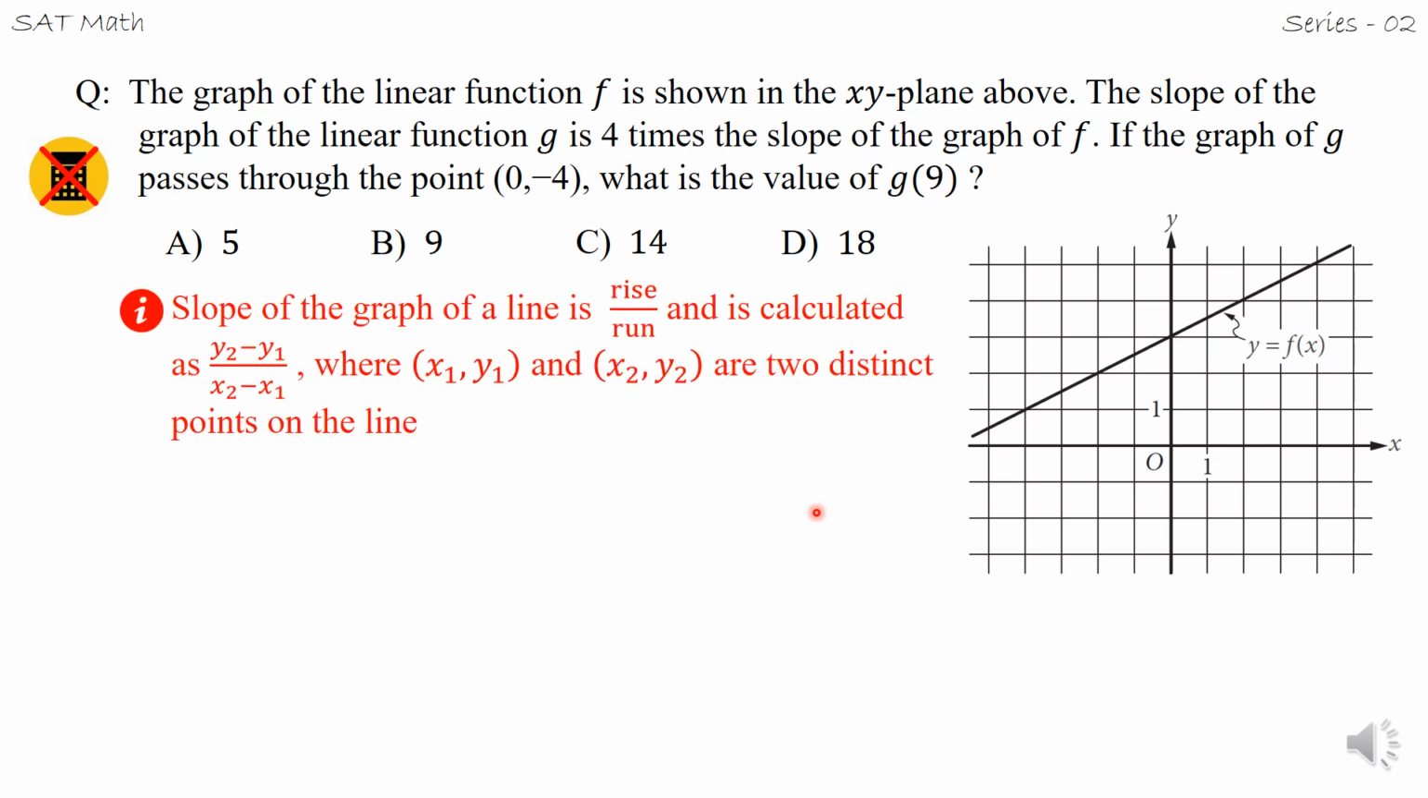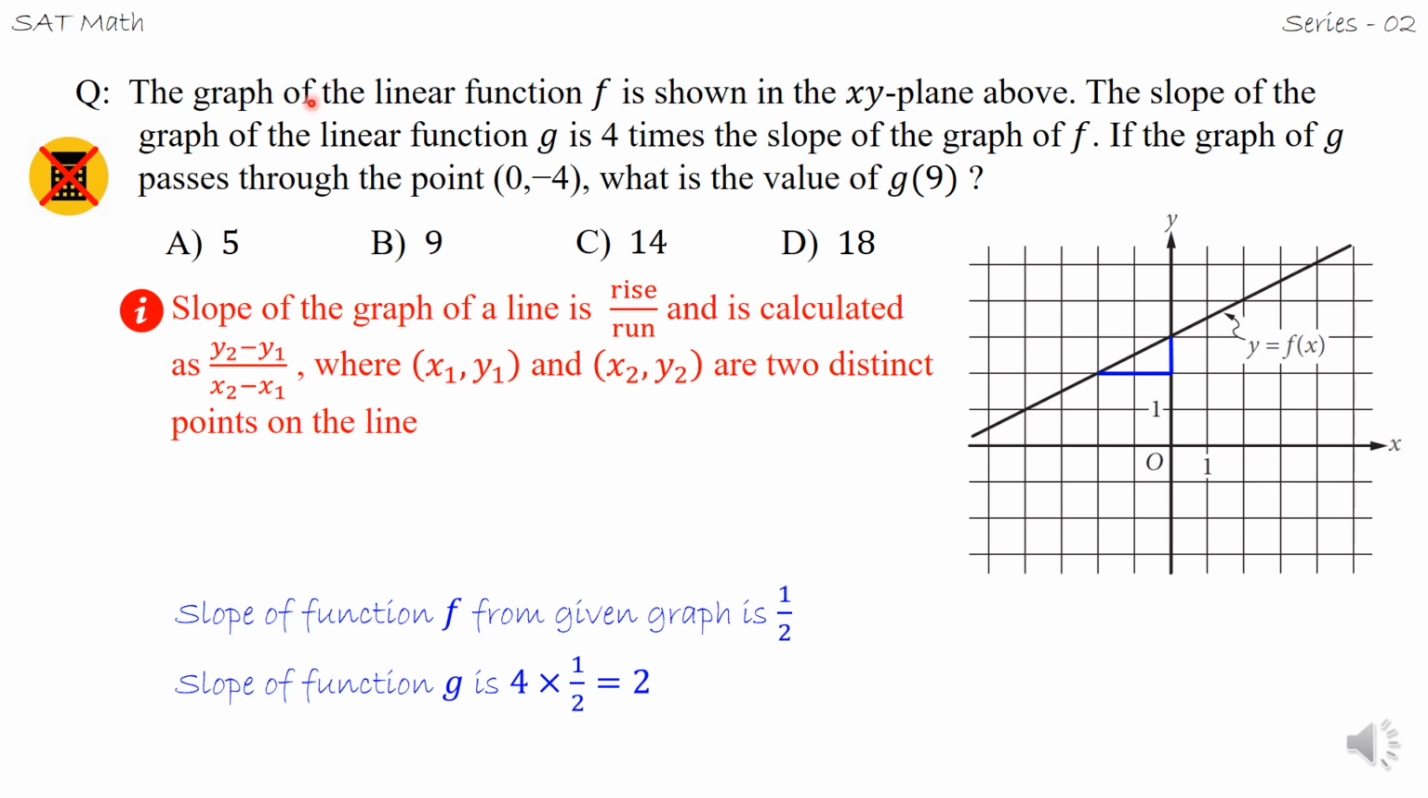Okay, here let us find the slope, and we know that the slope of the graph of a line is rise over run, calculated as y2 minus y1 over x2 minus x1. So let us find any 2 points and find the slope of this function f. Its rise is 1, and the run is 2. So 1 over 2 is the slope of the function f, and it is given that the slope of function g is 4 times the slope of the graph of f. So the slope of g is 2,